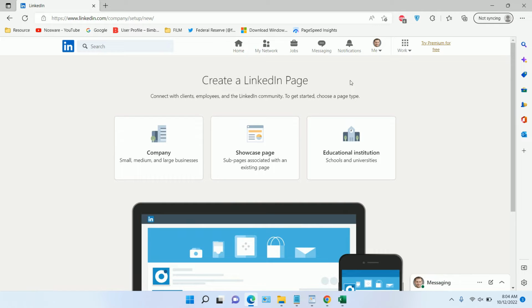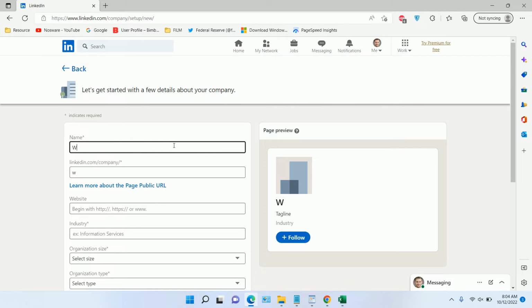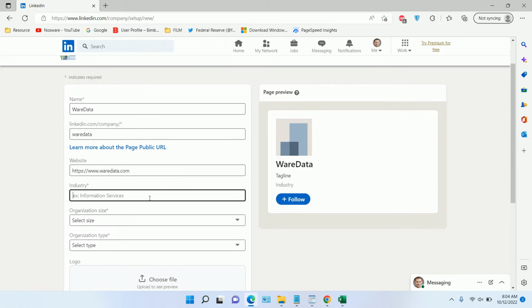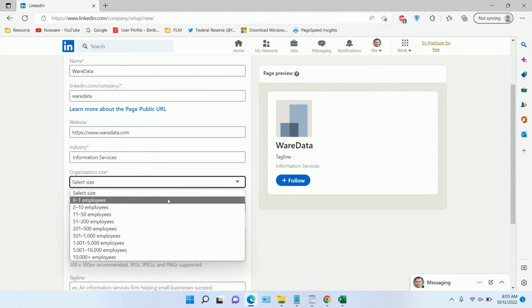For a page on LinkedIn, there are three categories: company, showcase page, or educational institution. And in here, let's try using Company Page. For example, our company page has data like this, and using HTTPS, and for industry, services, you can select size,